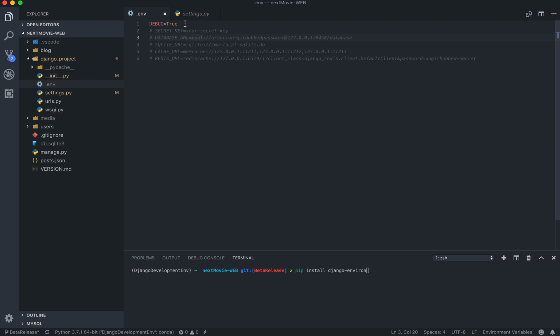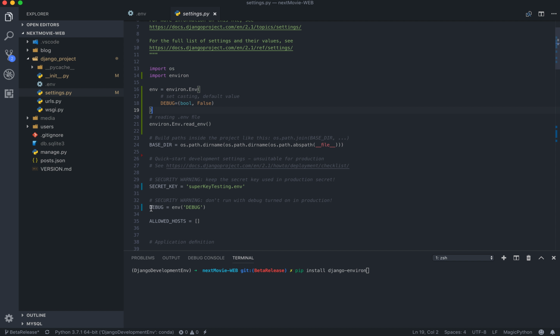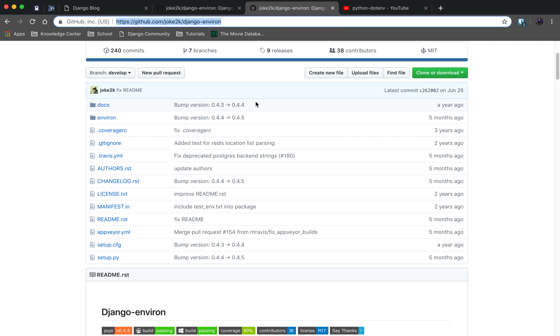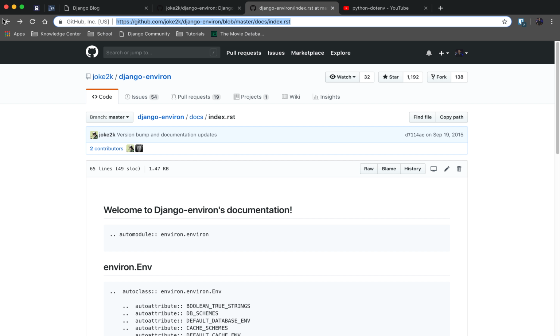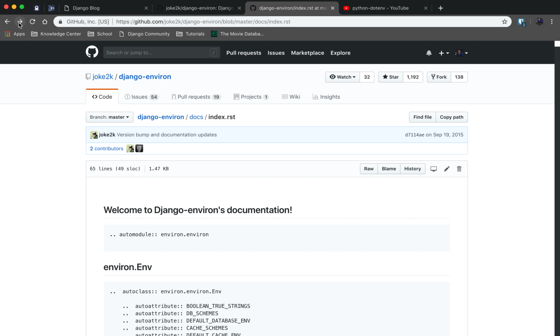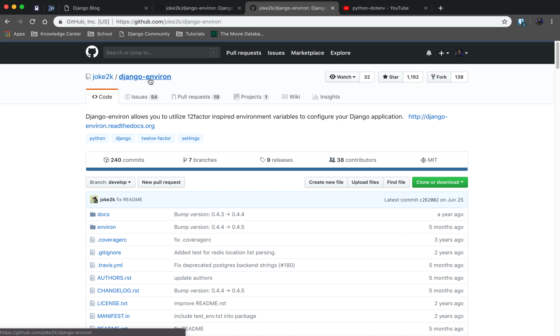For example, I have debug here for you guys to see, and I have it in use right here. Debug equals env. So that's it. 3 steps. env, this here, and have this installed. That's it. Now this is the main documentation for that package. So in case that you want to go there, and you saw previously the repository, which is this one here,